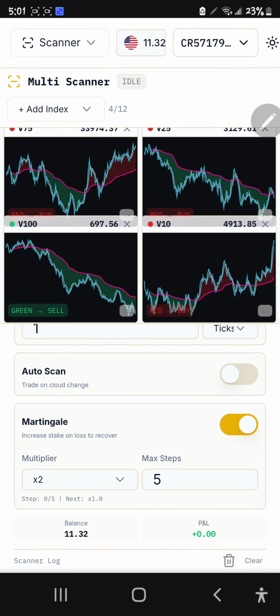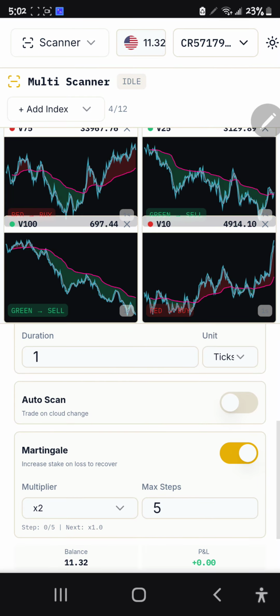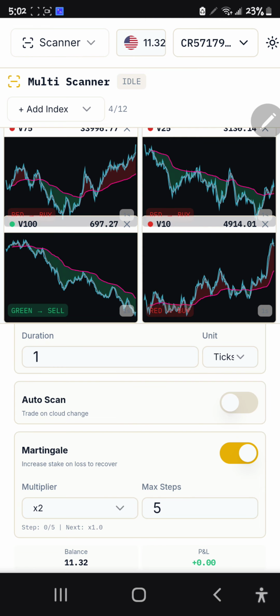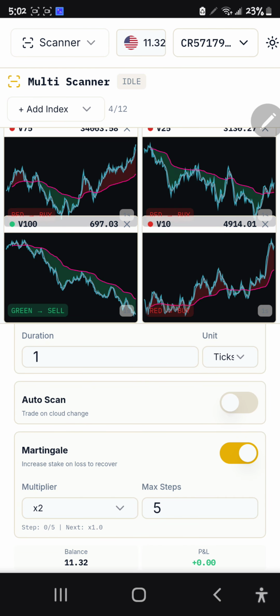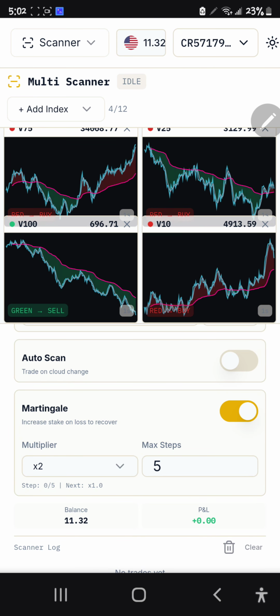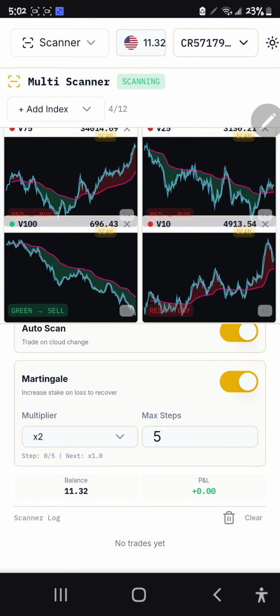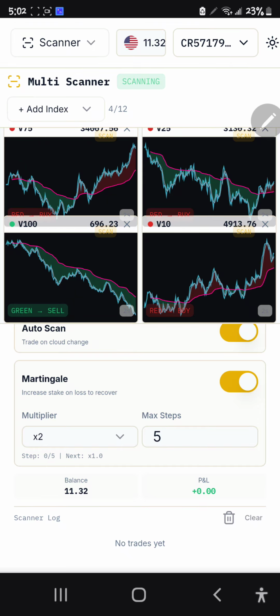So once all these things are ready, all that you need to do is just go and click on the auto scan, because you can see we are on a red, meaning buy, sell. We have sell on Volatility 100, we are on a buy on Volatility 10, and also a strong buy on Volatility 25. So just go and click on the auto scan, and now I want you to see how this AI will be placing these trades simultaneously